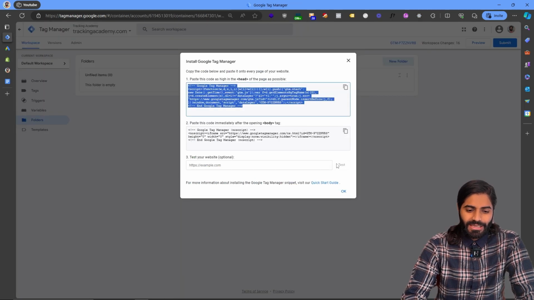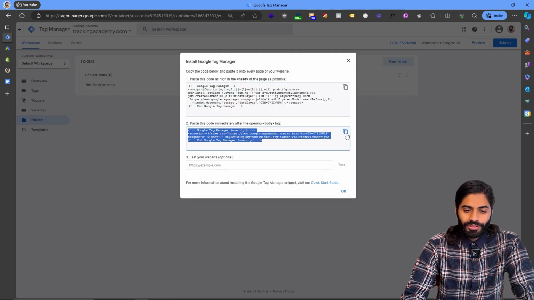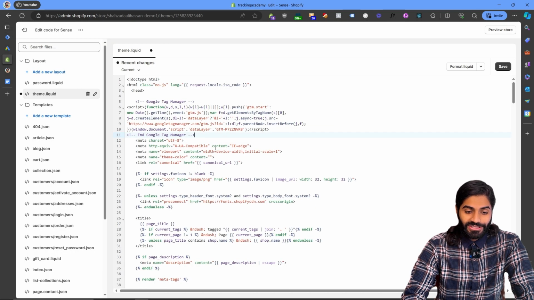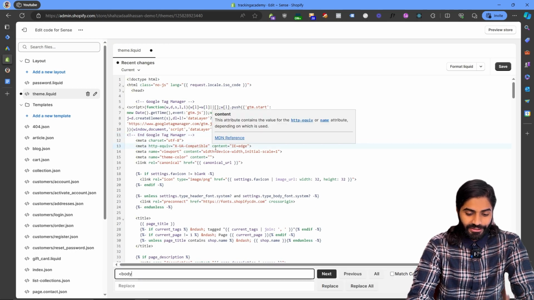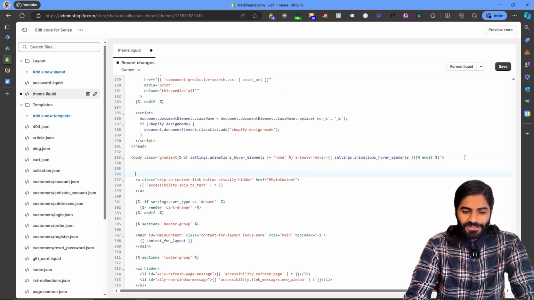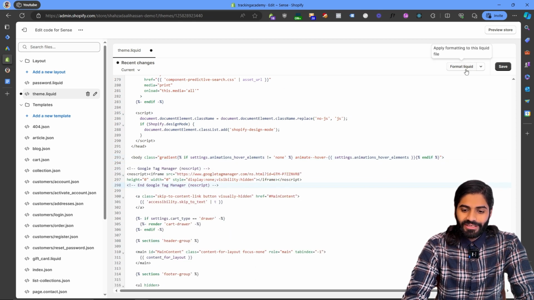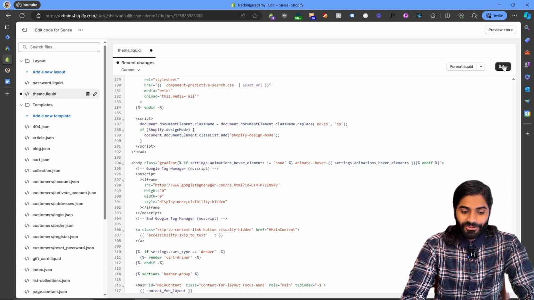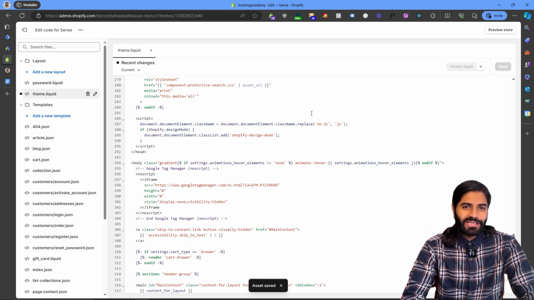We need to do the same thing for the body container, so let's just copy the body code and go back to the Shopify store and search for the opening body tag. For me, the opening body tag is on line 293, so I'm just going to create some space right under here and click on format code. Once the code has been formatted, we can click on save,